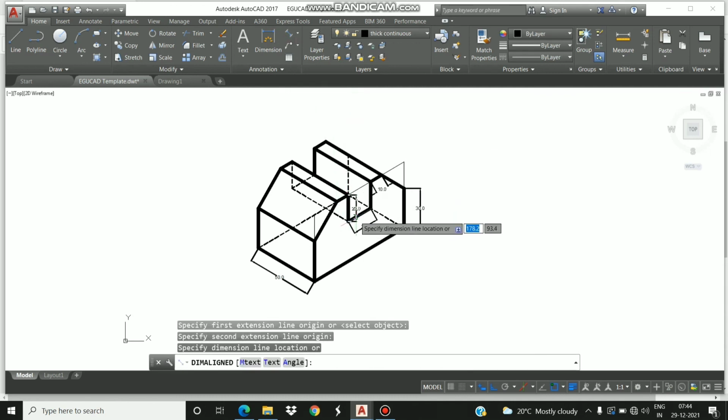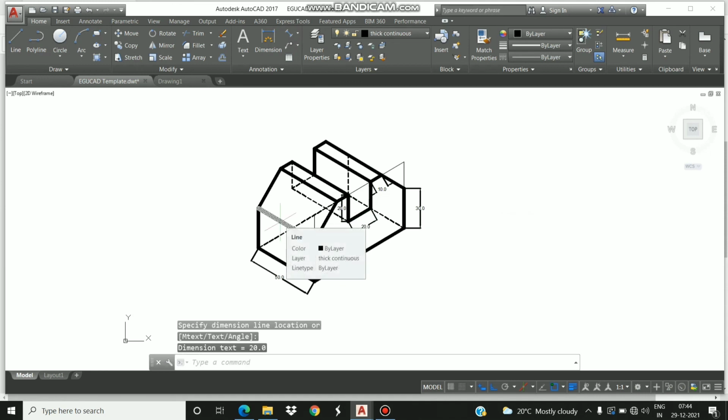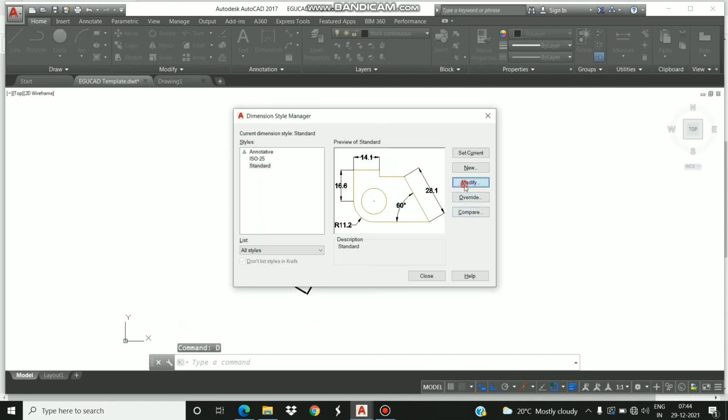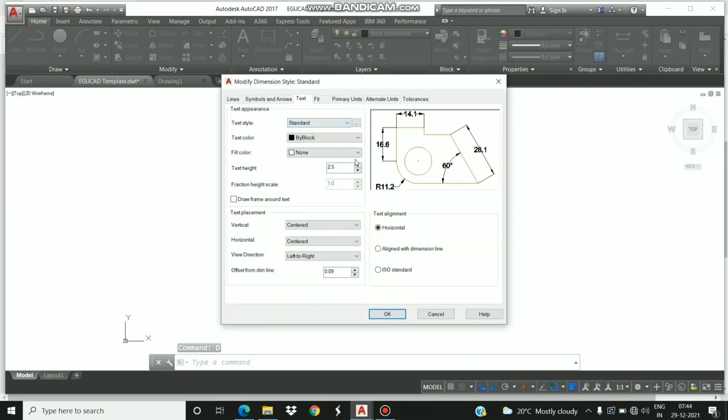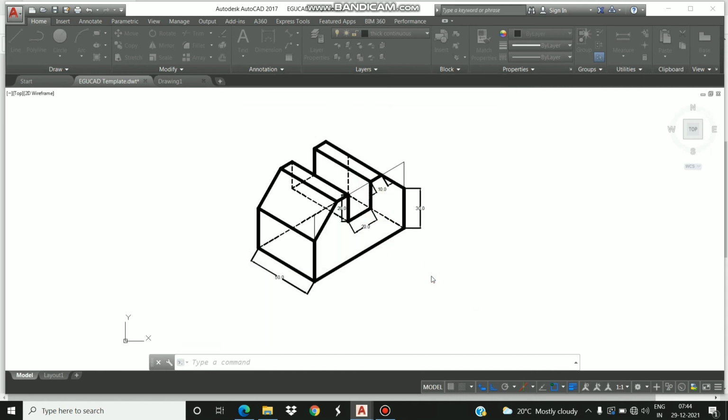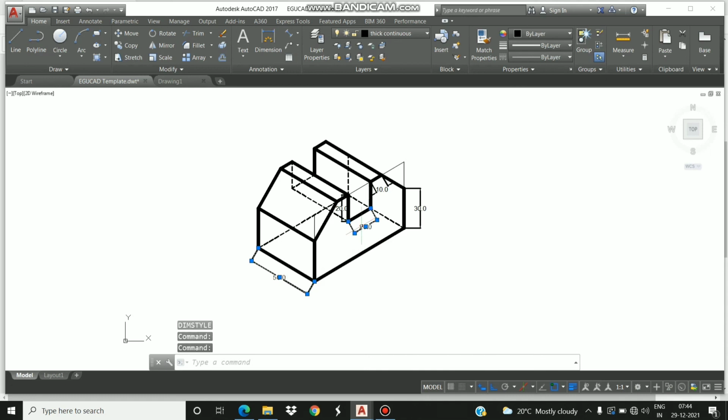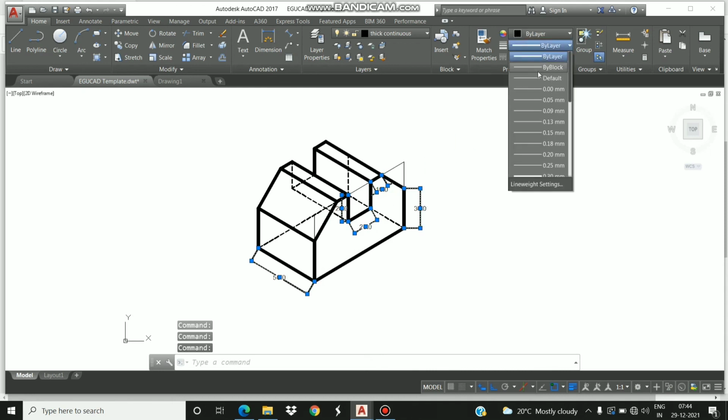This should be 20. Yes, all the dimensions are visible, and the thickness of these lines should be 0.05. They should be thin lines. Dimensions are clearly visible. Make them 0.05.